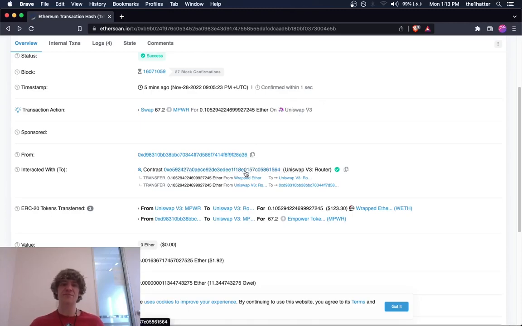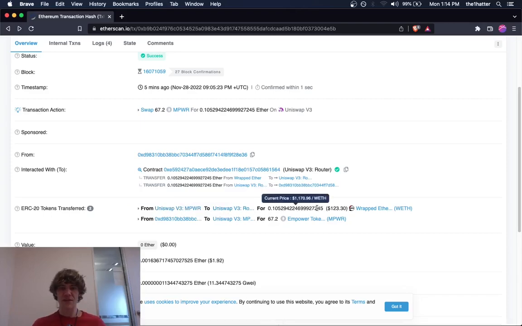This contract sends out an order for Ethereum, and takes it. You have a contract for an order that you want to swap this much Empower for this much Ethereum. The contract will then go out, get your order, bring it back, take your Empower, and give you Ethereum right here. And the token's transferred